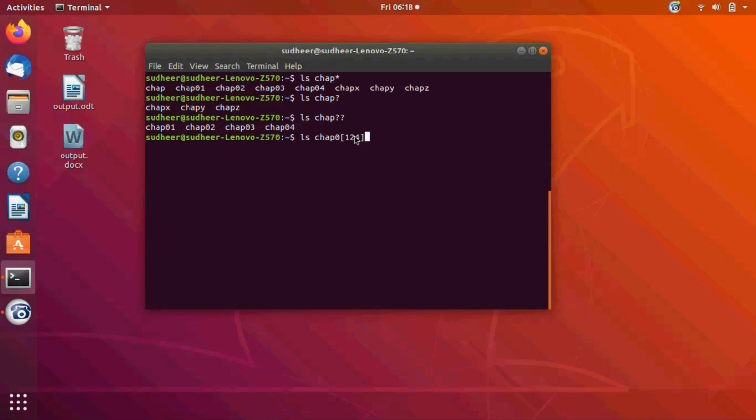If the files are available in the file system, this command is going to list all of them. Let us see the output. Now I got three files that start with chap0, followed by one character from the character class: chap01, 02 and 04. This is the use of the character class. You can use more than one character within the rectangular brackets, but it considers only one character at a time from the character class.